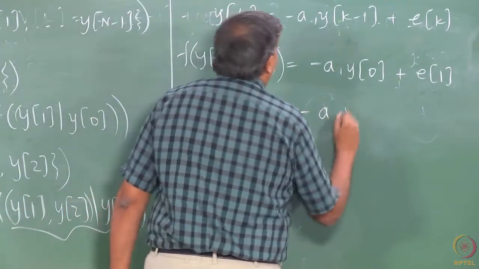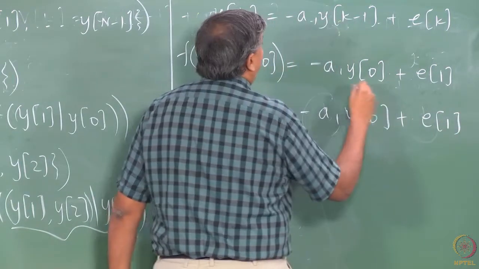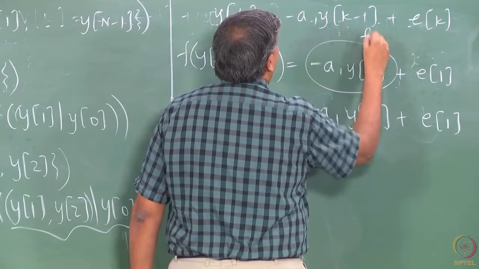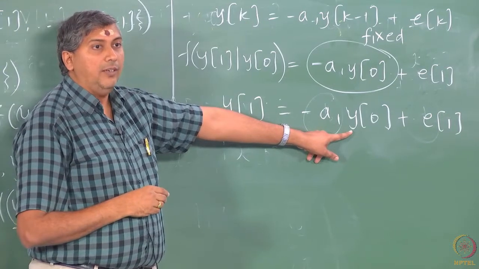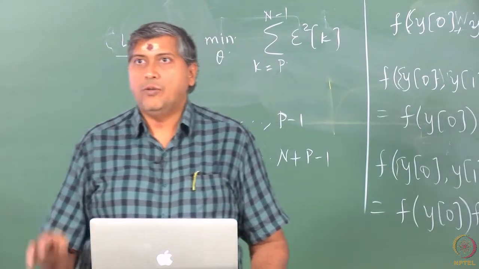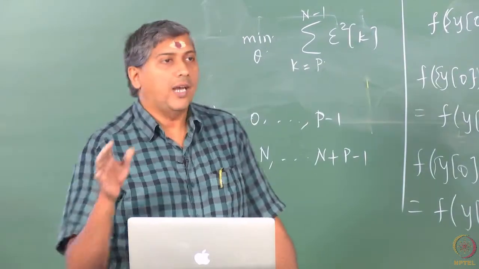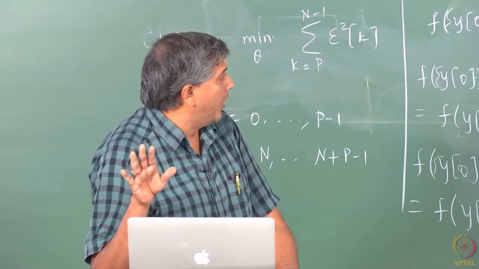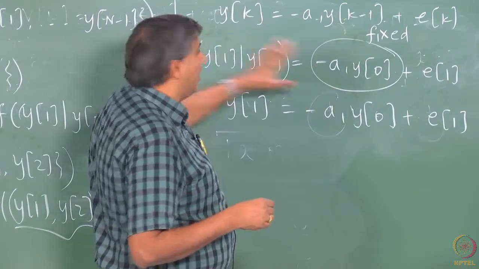Unconditioned y1 would be this. So, here this is fixed, whereas here in the unconditional one, y0 is also a random variable. The difference between the conditional y1 and unconditional y1 is that in the conditional y1, conditioned on y0, this is fixed. In other words, this only contributes to a mean of the conditioned y1, it does not contribute the randomness.